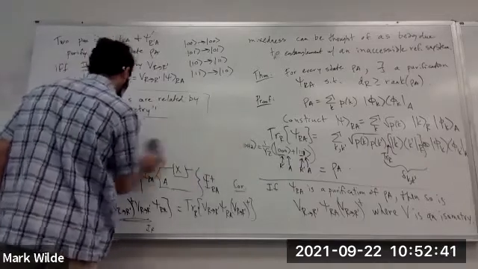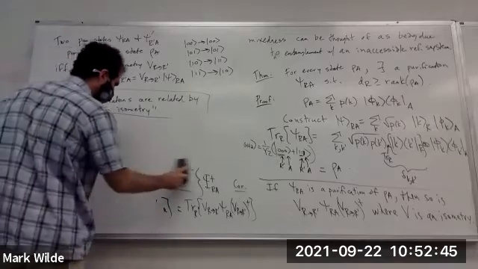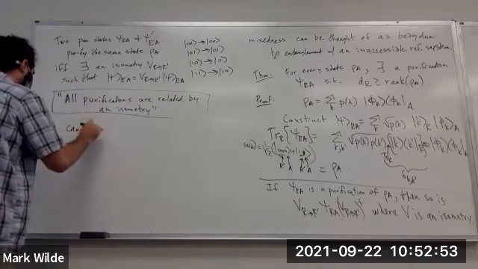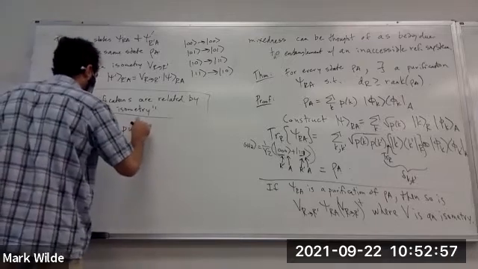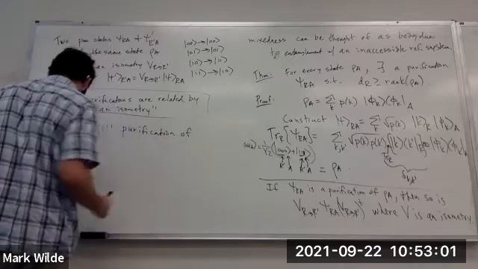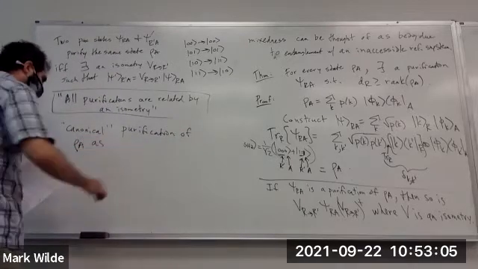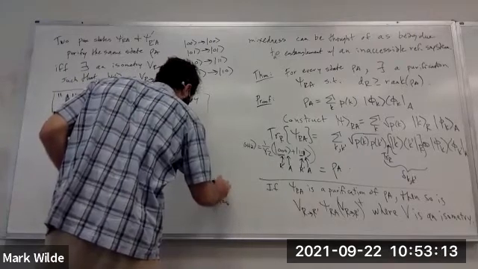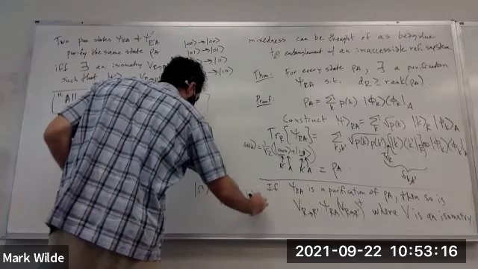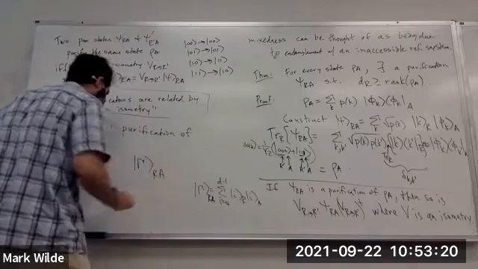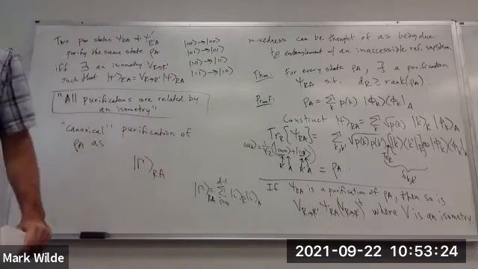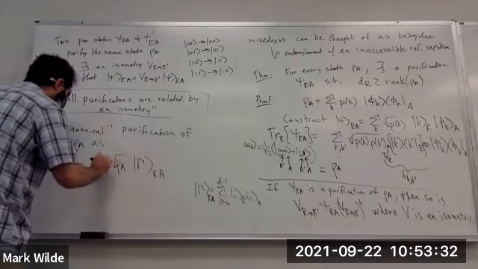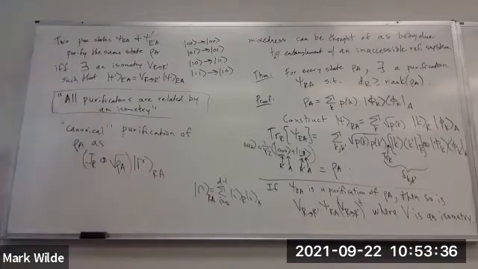One final point is that there's an interesting way to construct the canonical purification. Remember the maximally entangled vector, the way we defined it, we'll redefine it over here, is like this. You can take the maximally entangled vector. Remember we talked about functions of Hermitian operators. A function that you can apply to a Hermitian density operator is the square root of rho A. Tensor that with identity on the R. And then this is a canonical purification